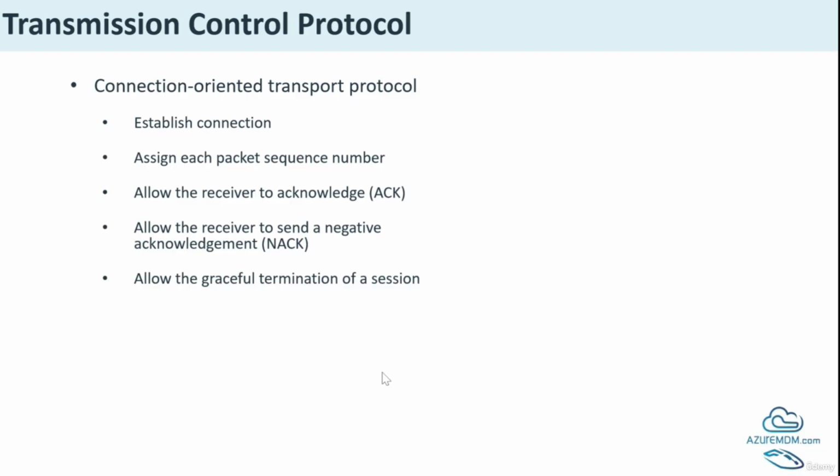ACK, which we call acknowledge, allows the receiver to confirm successful packet delivery. NACK, which is negative acknowledge, is where the receiver requests retransmission of missing or corrupt packets. It also allows the graceful termination of a session that closes the connection properly, that is FIN-ACK, to avoid the